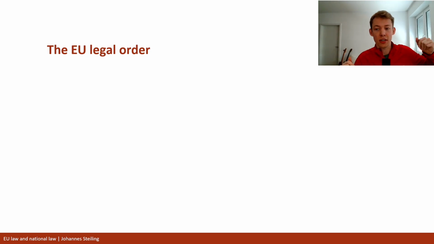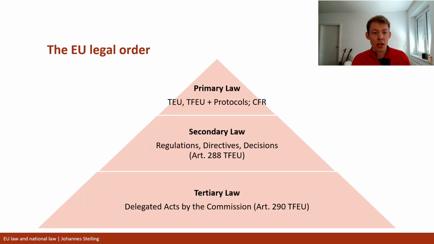Like in national law, we'll look at the national law next. But we have something at the very top, and then we go down. And at the very top of the hierarchy of the pyramid, we have the primary law, which is already in the name, that it's primary. And the primary law of the EU is made up of the founding treaties. So this is the Treaty on European Union, TEU, and the Treaty on the Functioning of the European Union, TFEU. And then their protocols and annexes, that's not that important.